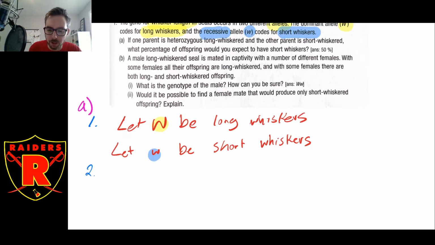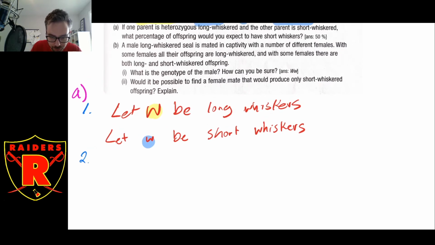So if one parent is heterozygous long whiskered, heterozygous means they have one of the dominant and one of the recessive. So we know that we're going to be crossing a heterozygote, one dominant and one recessive, and then it's going to be crossed with